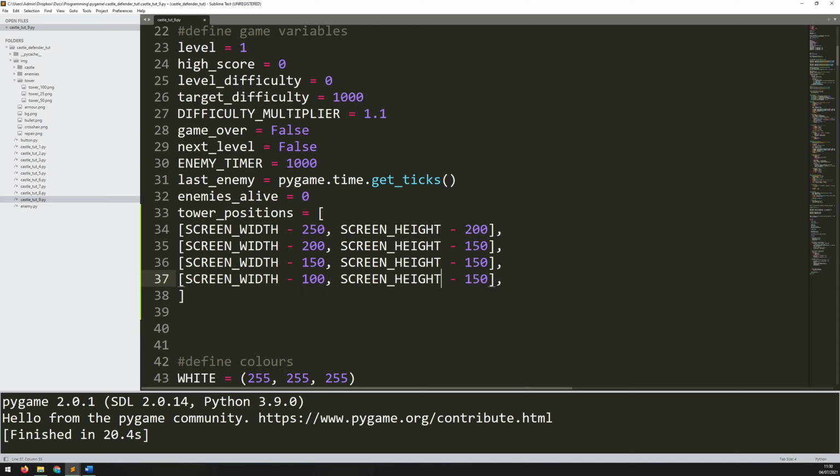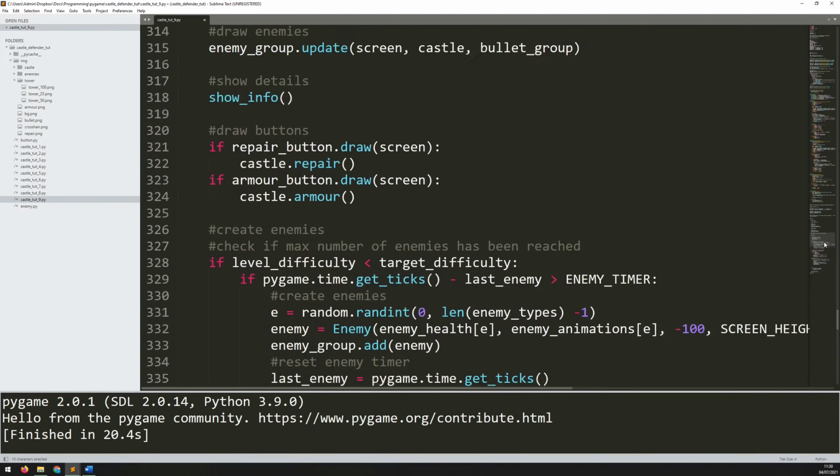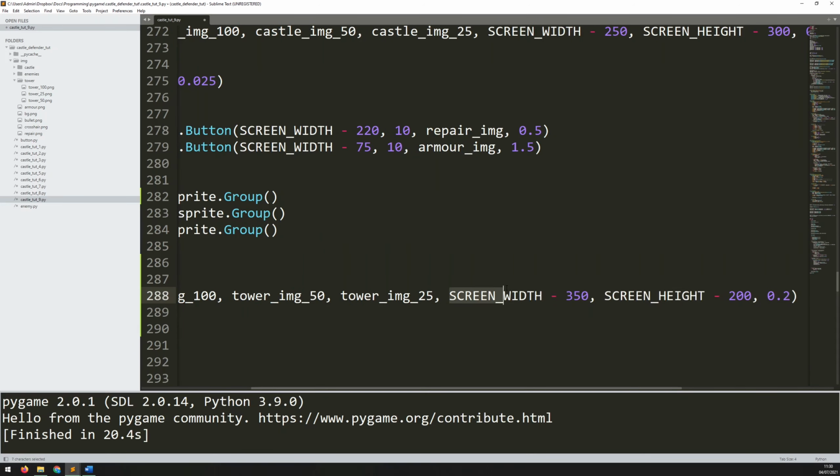The option's up to you. It's kind of flexible in that sense. But now that I've got this tower position list defined, rather than creating the towers manually as I have and telling them their position that way, I can just call that list. So here, for example, in this temporary section, I'm creating the first instance. Well, rather than giving it a screen width and a screen height manually, I'll take it from the